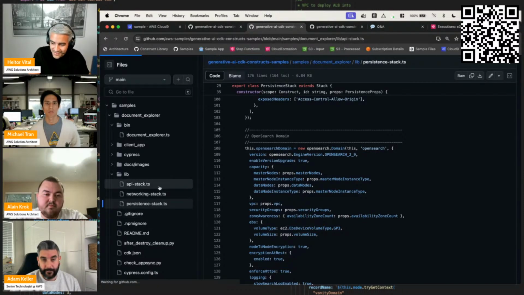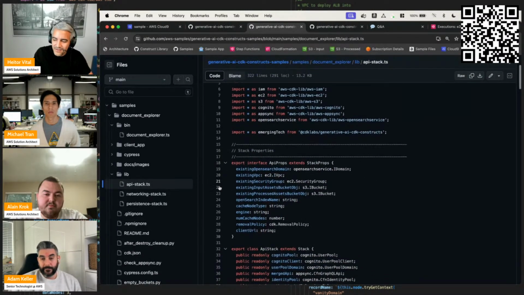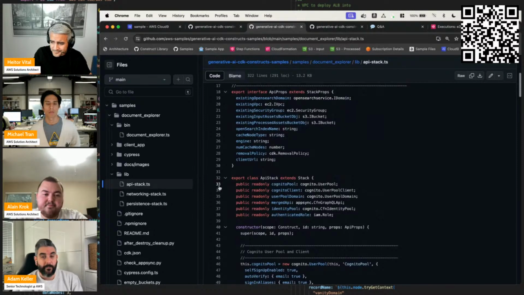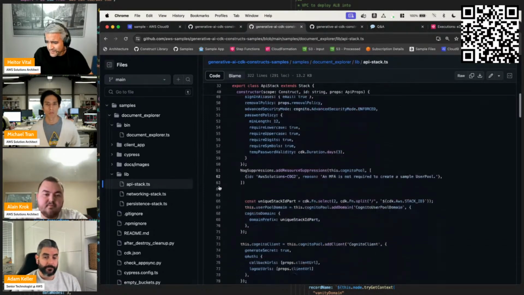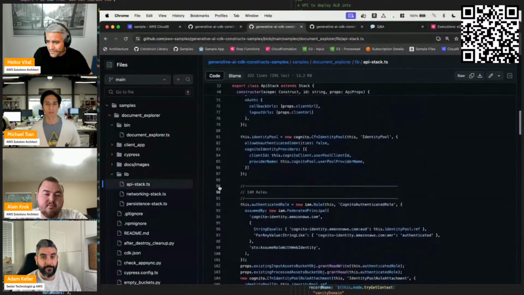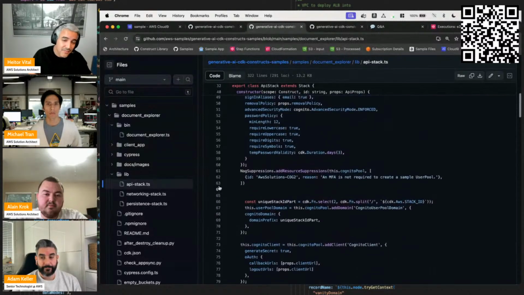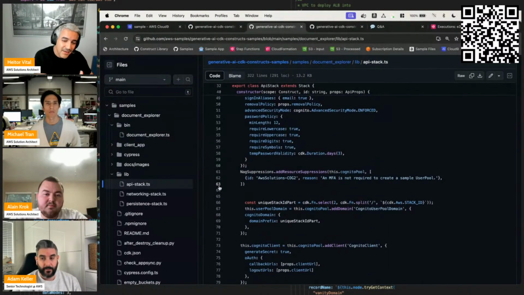And the API is where we define the construct per se. You're going to see we have the Cognito that I mentioned before, where we are integrating our merged endpoint with Cognito for authentication and authorization.